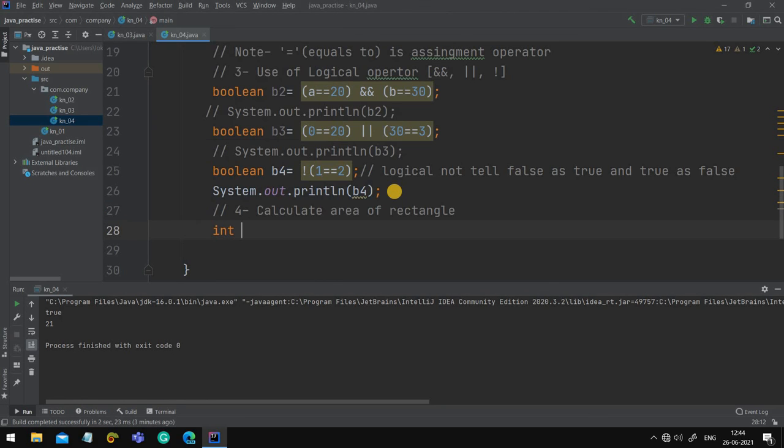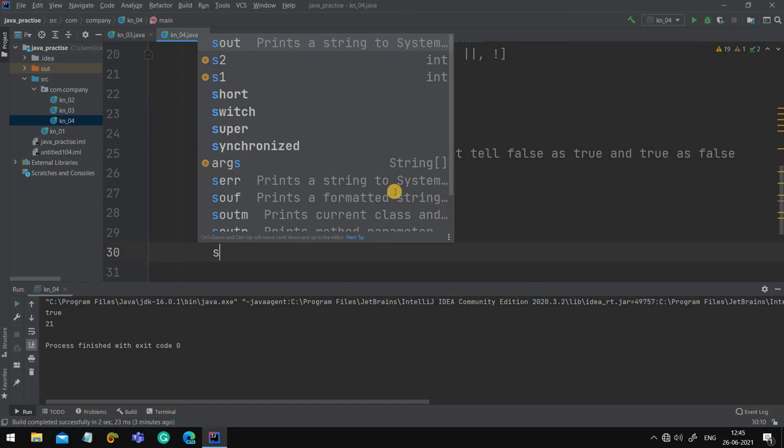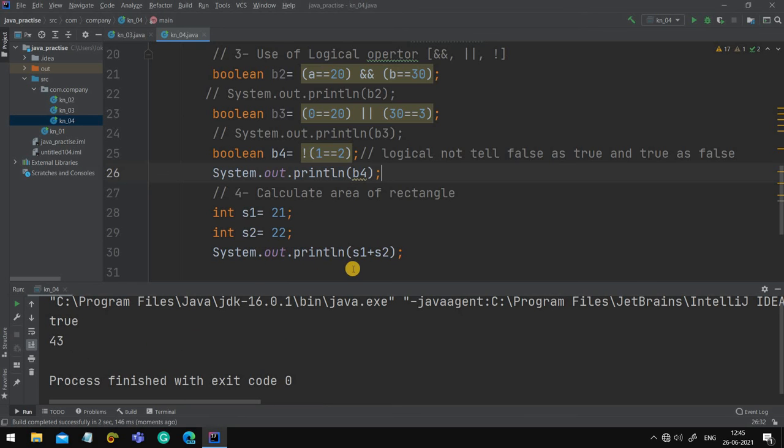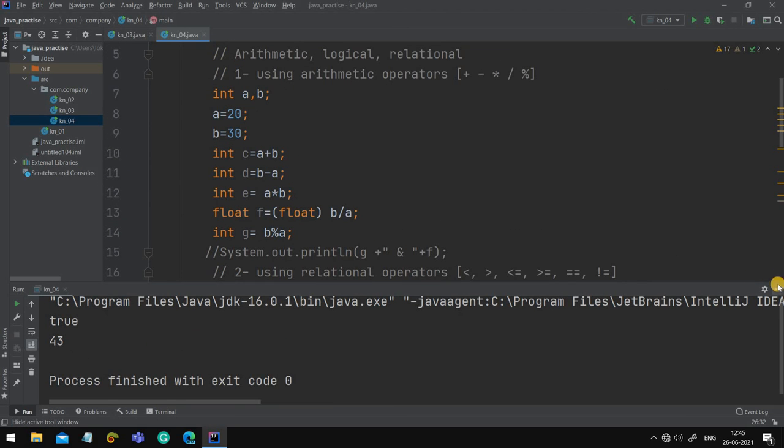So let's take int s1, means side 1, is equal to 21, int s2 is equal to 22, System.out.println, not this, we need just the output s1 plus s2. We got the output as 43. So like this only you can do numerous calculations here.